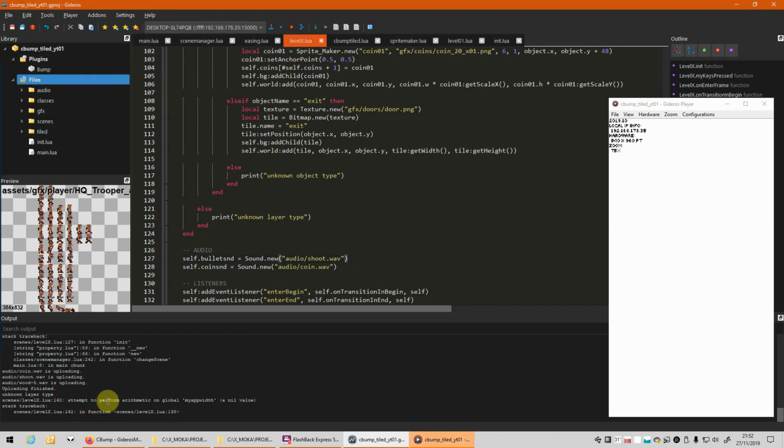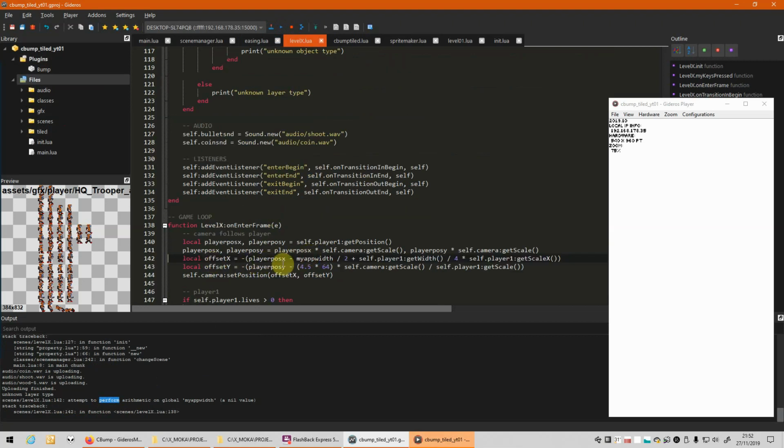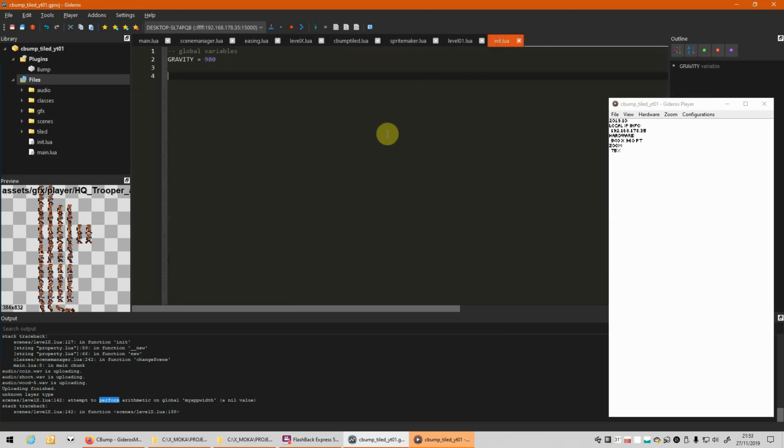Level X attempt to perform arithmetic on global my app with. Okay, so this is another global variable which is missing in the template. So we need to go to init and create those global variables.